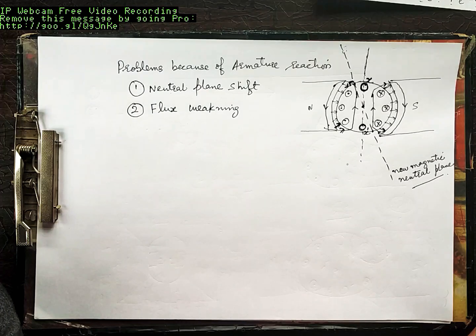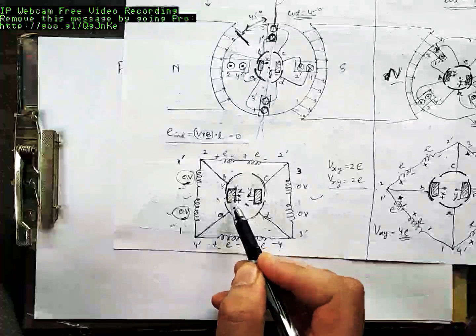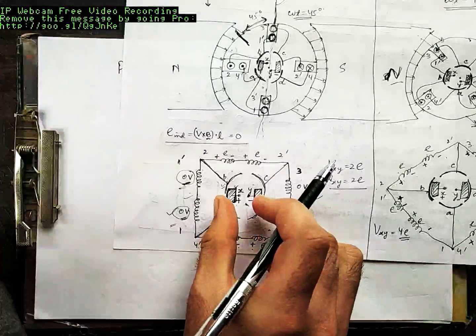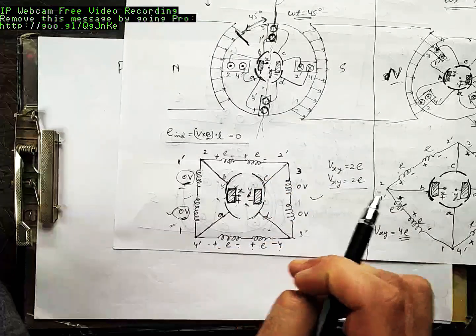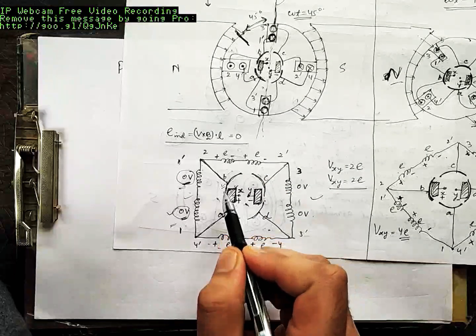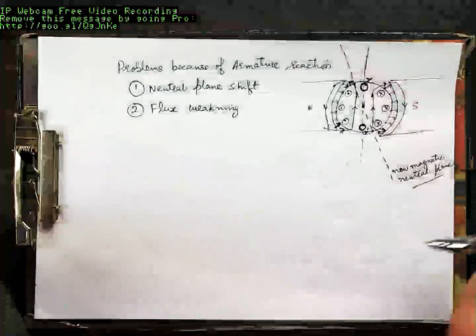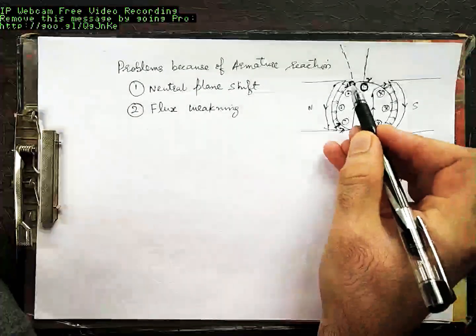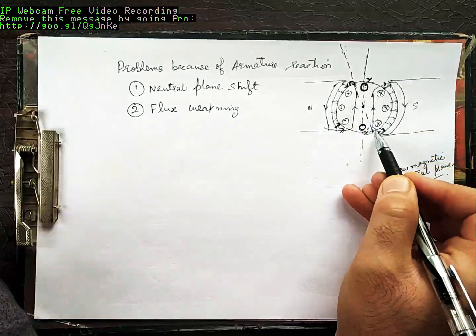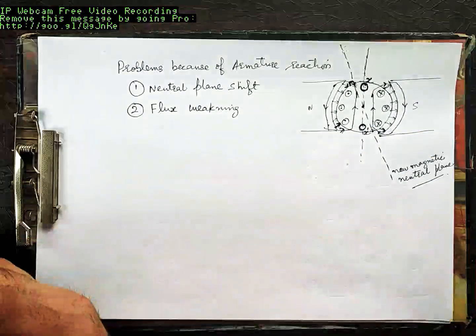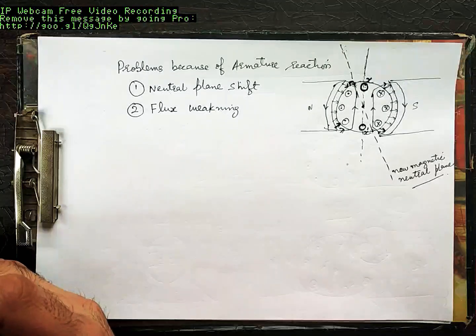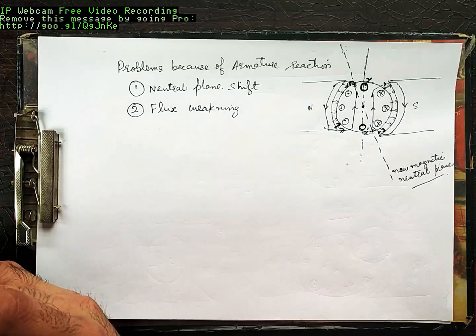So how can we solve this? One thing that could come to your mind is, sir, why don't we shift these brushes here? We shift these brushes here such that these brushes will short circuit commutator segments when the coils are along the new magnetic neutral plane, here and here. But there's a problem with that too. The problem is that